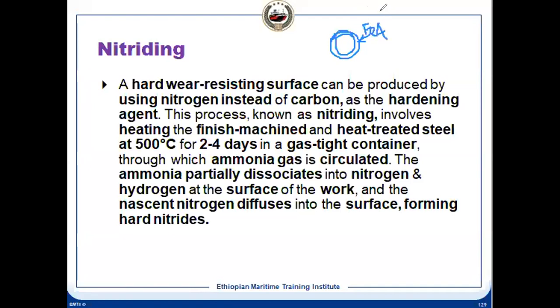So this is called nitriding. Ammonia is kept at 500 degrees centigrade for 2-3 days, and it is sufficient. The designer will have to calculate how much time and how much temperature to keep. Usually this is the standard one, and then nitride will form on the surface, which is a very hard material, and the surface hardening is done. Inside, the core is ductile. Like as I told you, the crankshaft's surface hardening is done this way.